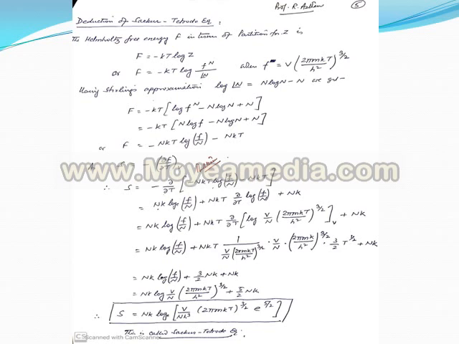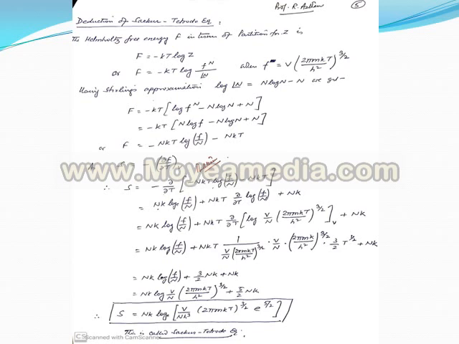Now, in this slide, we are showing the derivation of the Sackur-Tetrode equation. The Helmholtz free energy F in terms of partition function Z is written as F is equal to minus kT log Z. So we will put the value of Z here. So capital F is equal to minus kT log of small f to the power N upon factorial N, where small f represents capital V (2 pi mkT upon h square) to the power 3/2. Using Stirling's approximation, log factorial N is written as N log N minus N. So we will get